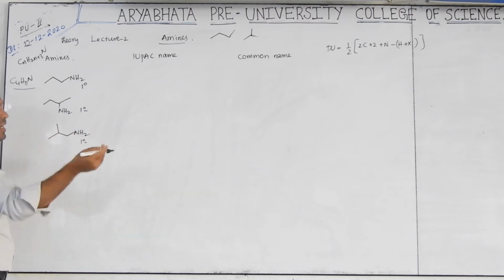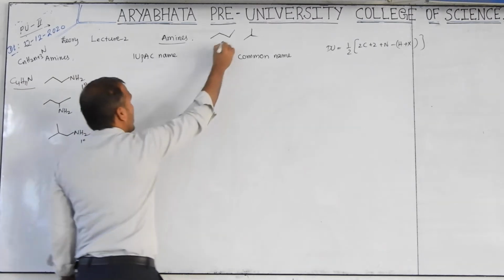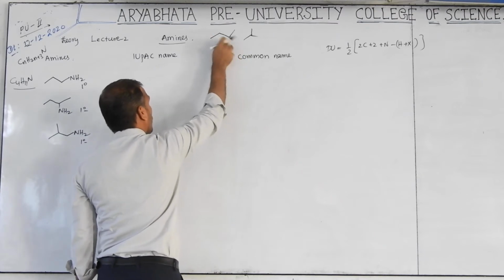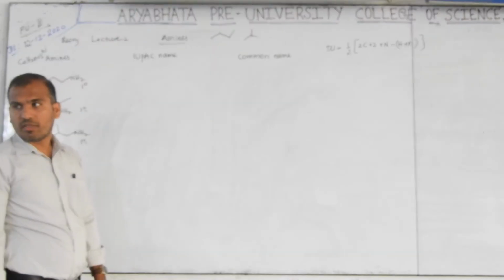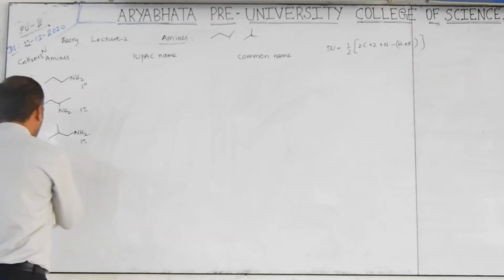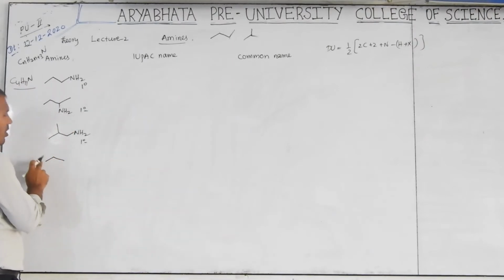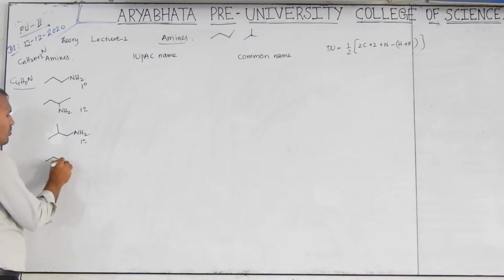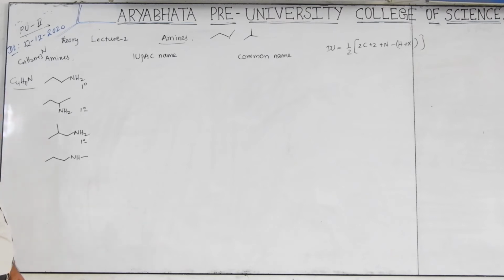Now I am trying for secondary amine. See in this formula, nitrogen takes place here, here, here. Are both the same or different? Same. Then I want to write here 1, 2, how many carbons are there here? 1, 2, 3, 4, 1 nitrogen. You can check whether the molecular formula is satisfied or not. Next, this is which amine? Secondary amine. One side is propyl, one side methyl.